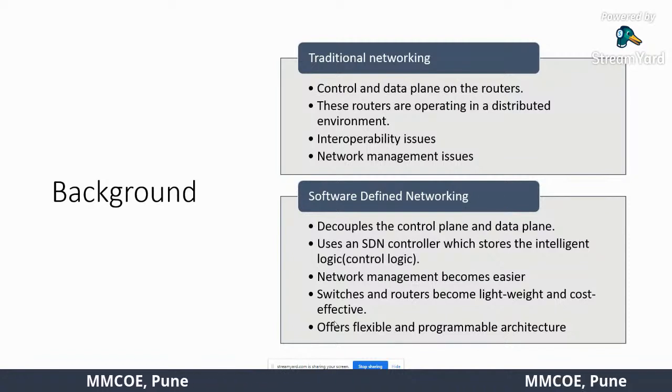Now, what happens when you talk about traditional networking, right? You have seen that when you use a router, the control plane and the data plane are available on the same router, right? When you see a traditional network, you have a picture of all these routers connected to more routers. You have routers in your premises connecting to core routers, and then connected at a higher level of hierarchy. But definitely it's a distributed kind of network of routers, right?